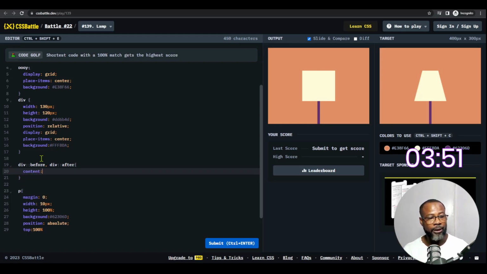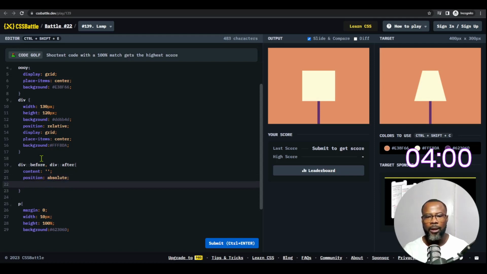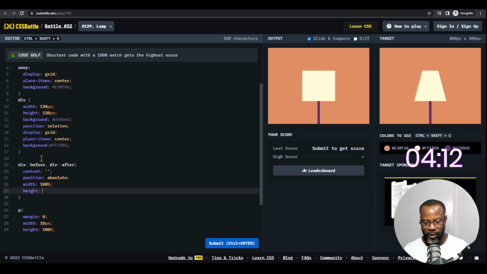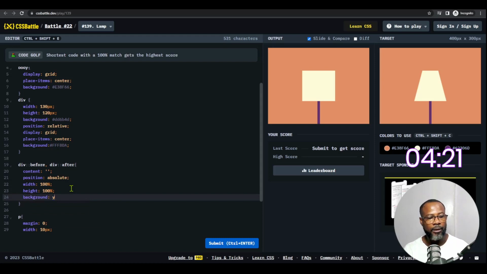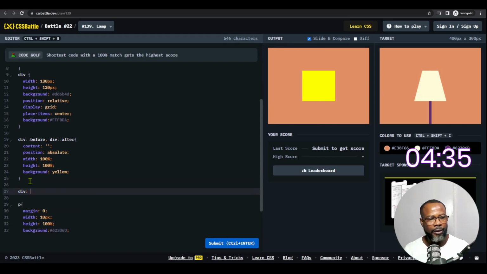be positioned absolutely. Okay, position absolute, width, let's use 100%, height 100%. And the background, I want to give it a background of yellow for now, something that I can see. Okay. With 100% height, 100%. Okay. Oh boy. Okay, div before,